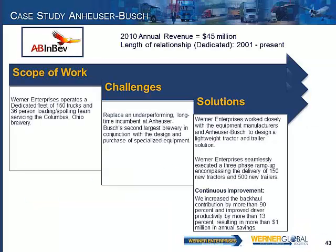A case study that we did with ANHEUSER-BUSCH InBev, we put a new fleet in of 150 trucks in their second largest brewery in Columbus, Ohio. The previous carrier was a bit underperforming, and we came in and really wanted to outdo the standard. So we worked closely with equipment manufacturers to design our lightweight spec trucks, and